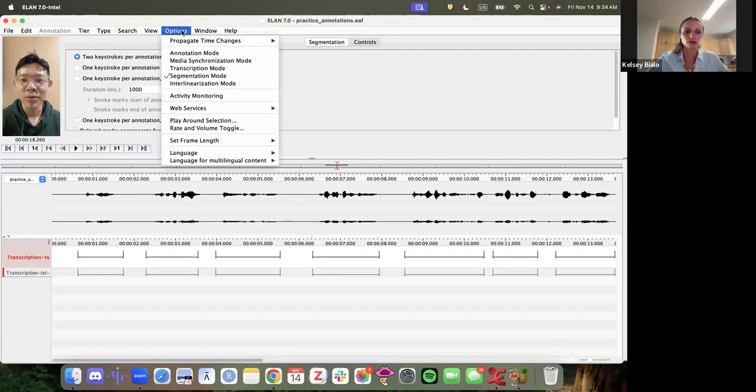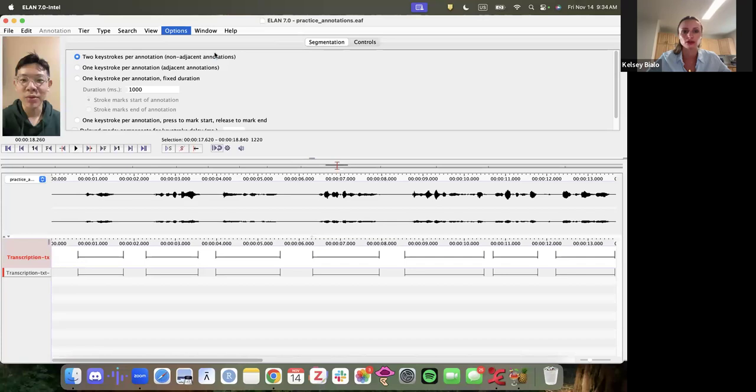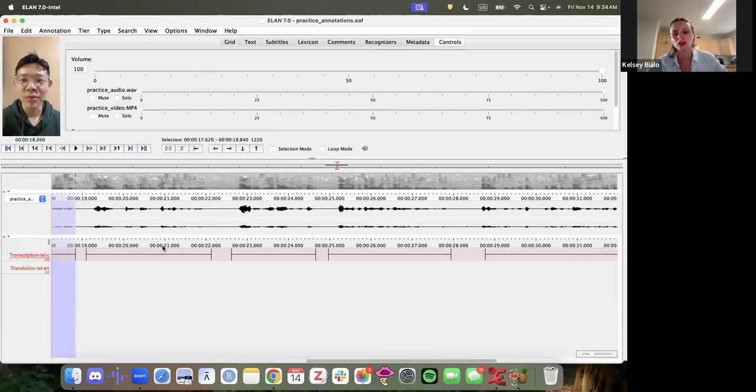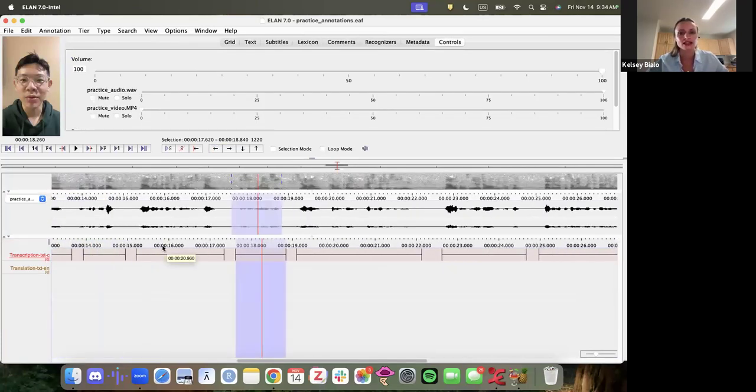So if I go back to options, I'm in segmentation mode, I scroll back up to annotation mode, and it takes me back to my opening window. So as I said,